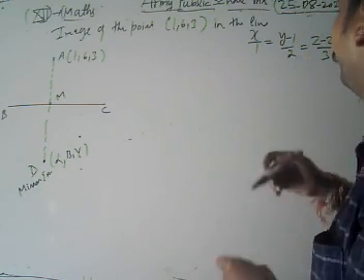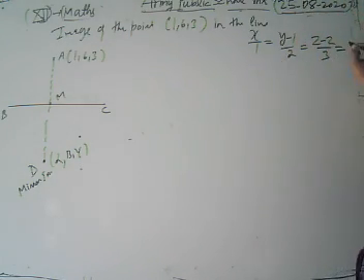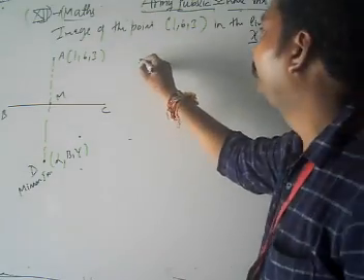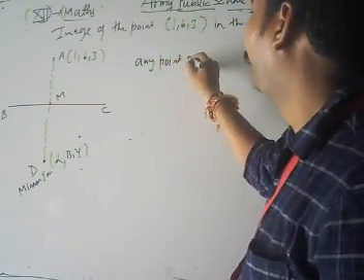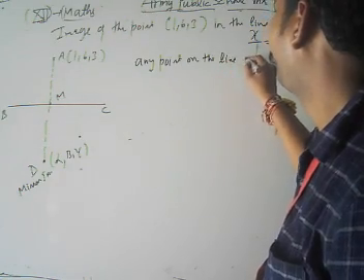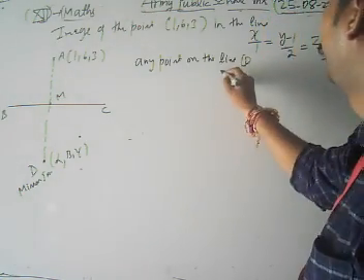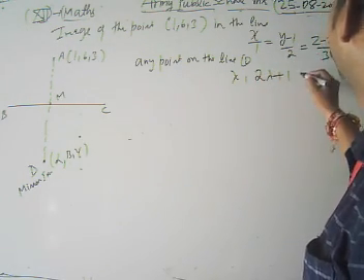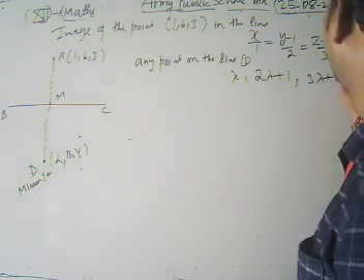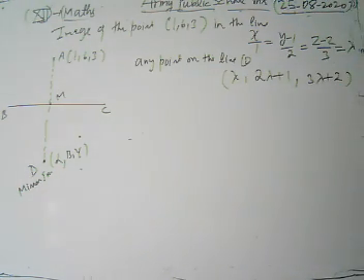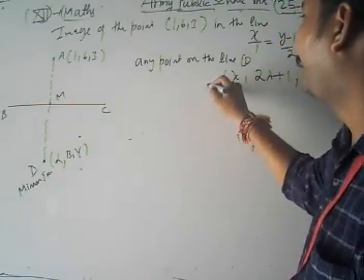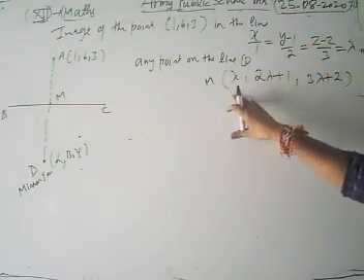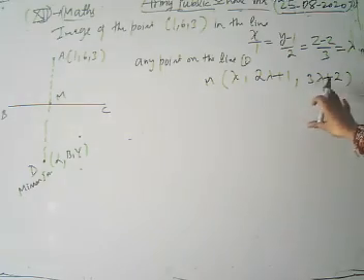First of all, we have the line equation. Take it with lambda; we are going to find any point on the line. It is given by lambda, 2 lambda plus 1, and 3 lambda plus 2. So we have a general point on the line BC. Suppose it gives the coordinate of M: lambda, 2 lambda plus 1, 3 lambda plus 2.